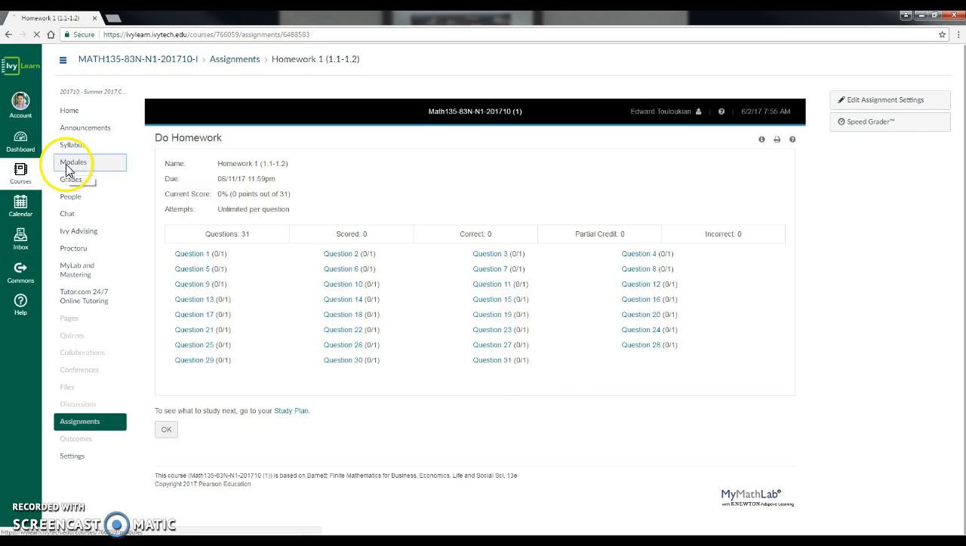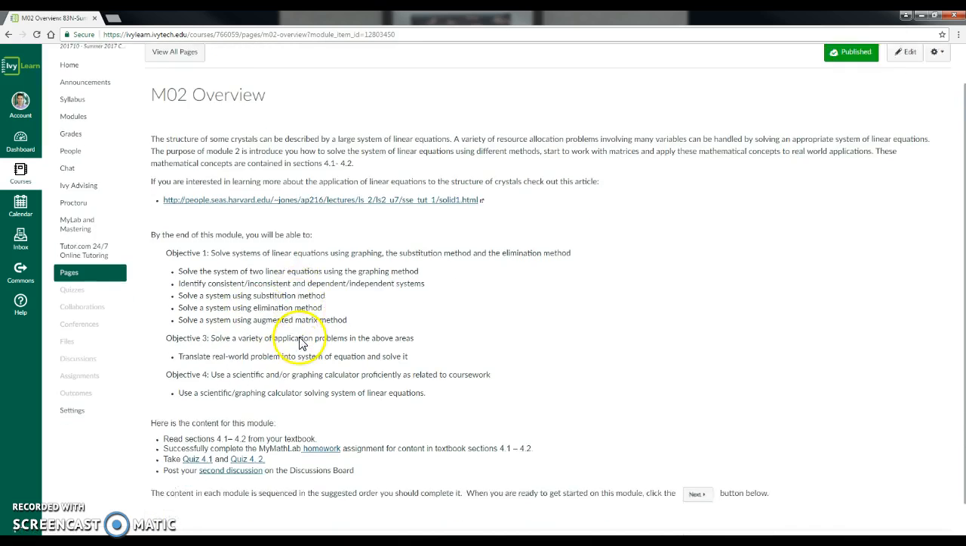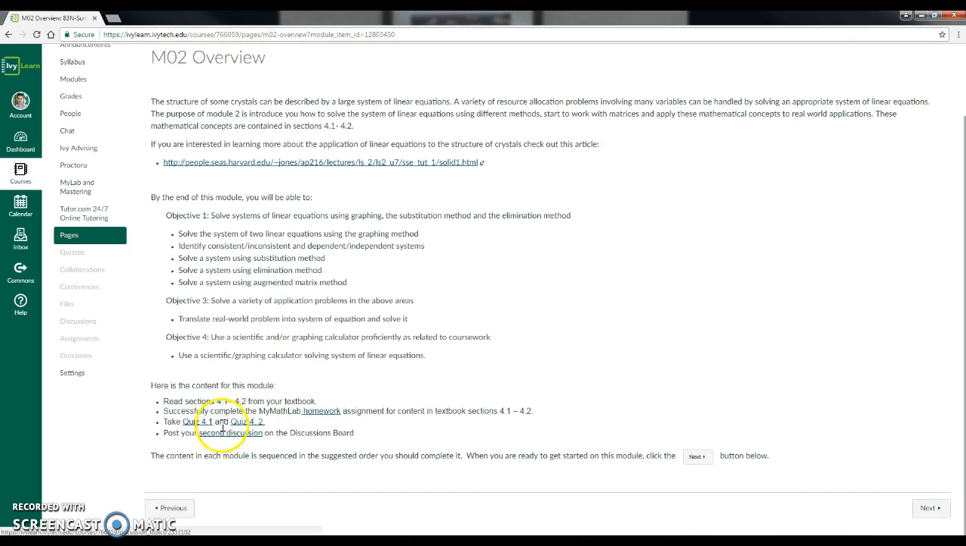Then if we go back to modules, this is module 2 now. There's homework, quizzes, different things here. This one has a couple sections to read: sections 4.1 and 4.2 in your textbook. It's not obvious right away how to get to your textbook. But if you go to next,